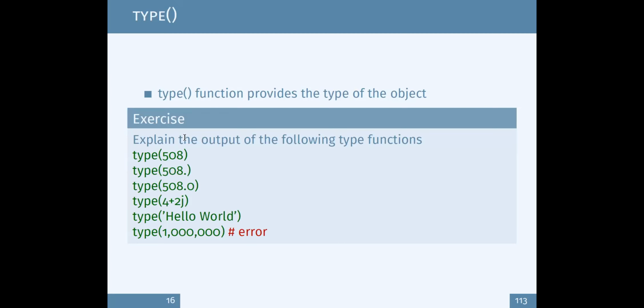If you want to know how Python understands different data, we can use the type function, which will tell us the type of the data. Now, for example, here we have type 508, which is basically an integer data type.